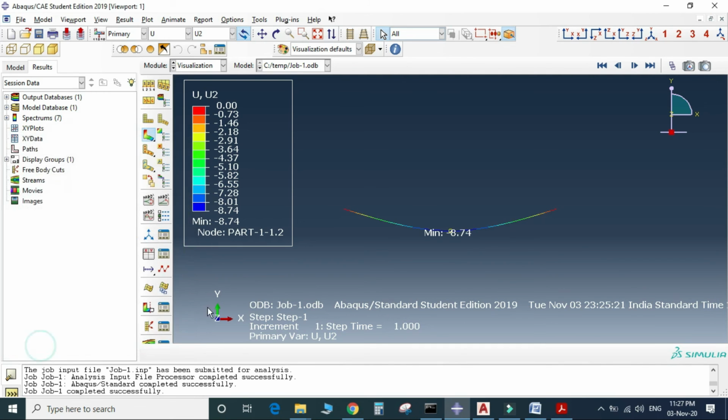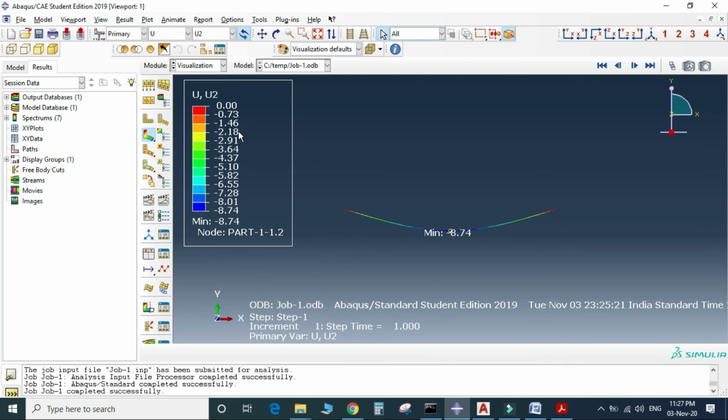Okay, so the red color lines mean zero value, so deflection is 0. So the red color lines are at the ends of the portion elements. So the deflection value is 0 along the red color lines.